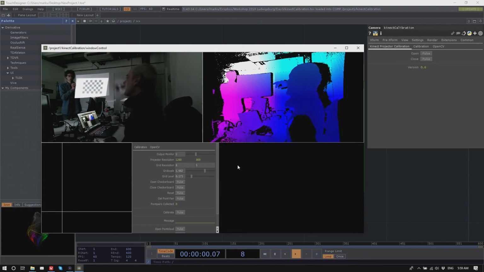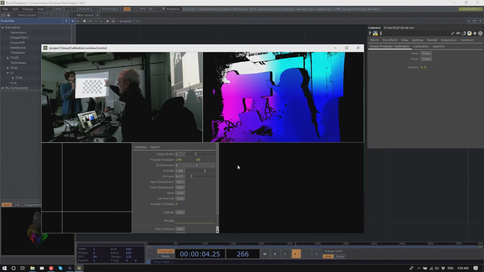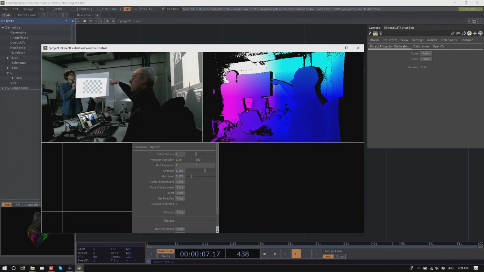Okay. So what's happening is basically you specify a grid and there are some OpenCV functions running in the background and you tell it, okay, you've got a grid with 5 times 8 checkerboards or something like that.